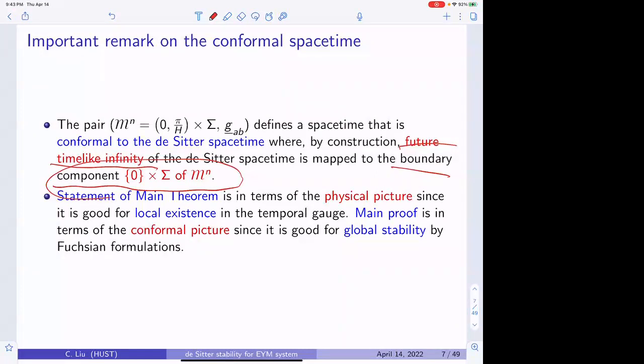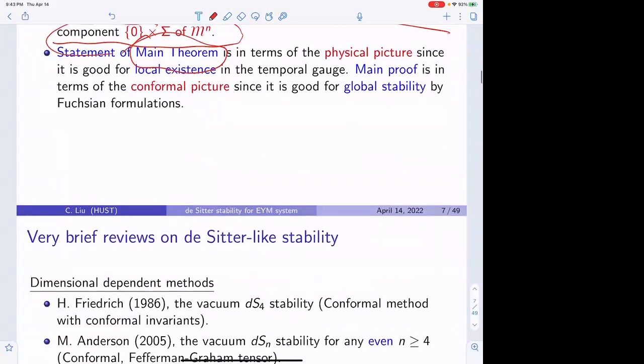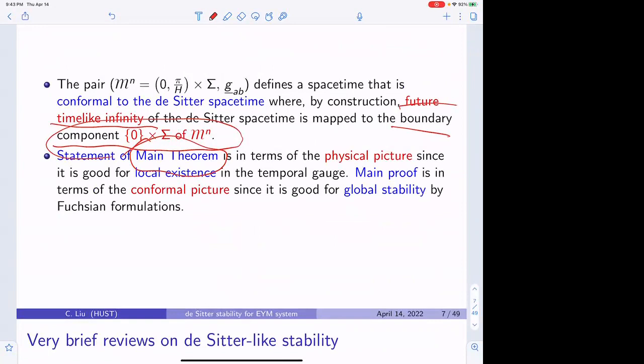After this preparation, I think we can give the main theorem. But before the main theorem, I should say something. In our main theorem, we will represent every variable in the physical picture. But in fact, in our main proof, we use the conformal picture to describe everything, so we use conformal variables. Why did we do this? Someone may ask why we don't describe our